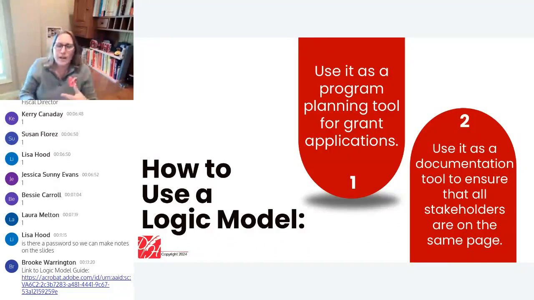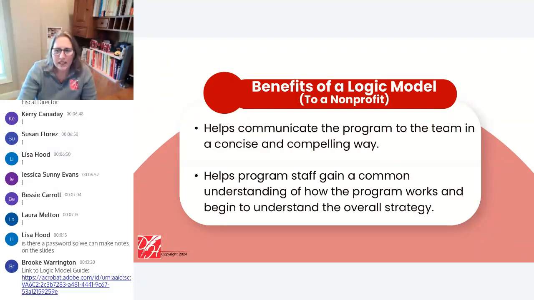or all of our collaborative partners, our program staff, our senior leaders, and our board or advisory council are all on the same page. This is the high-level outline of how we will achieve our impact, how we will implement our program. The reason that you, as a grant-seeking organization, would like to have a logic model is that it helps to give the most concise and compelling definition and overview of your program.